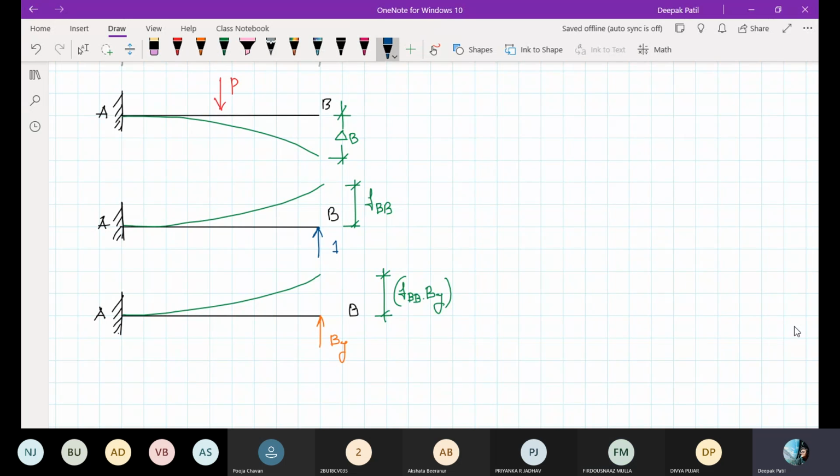Now let me tell what all these terms are. Of course, this delta B is the deflection due to the point load. No need to worry about that. This FBB is actually called the flexibility coefficient, and the definition of FBB is the deflection at B due to the unit load